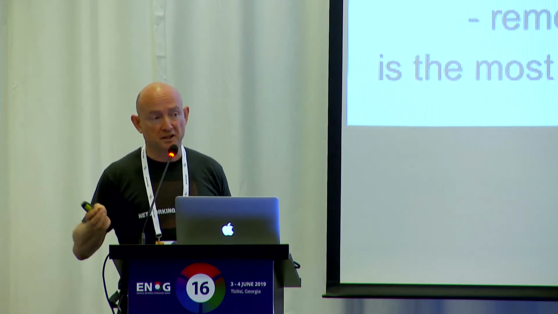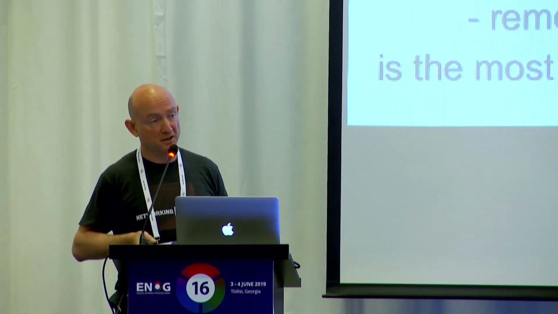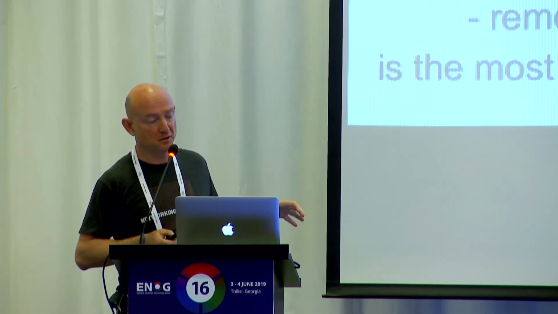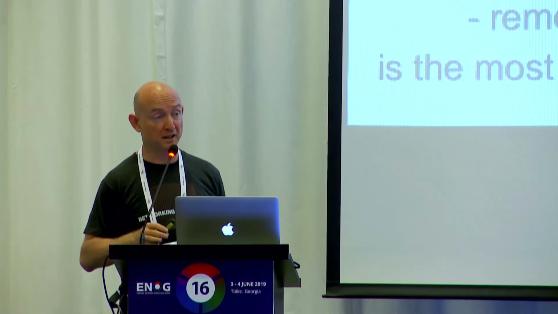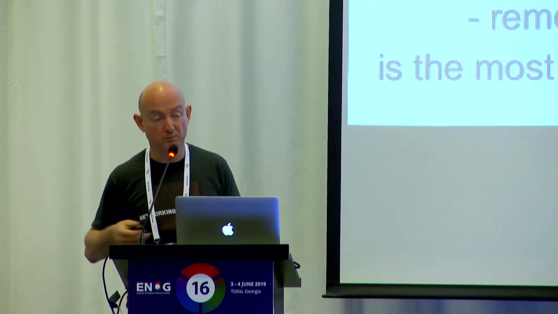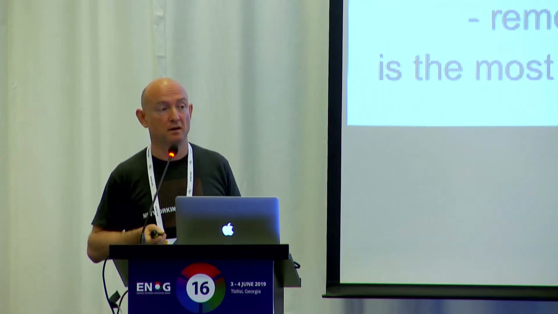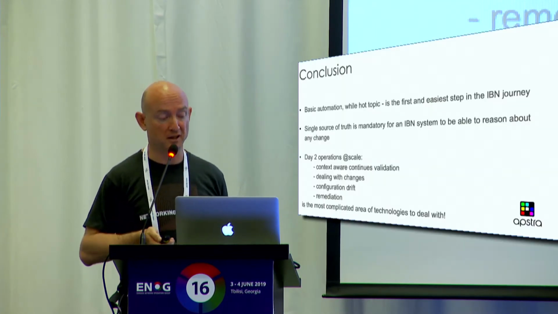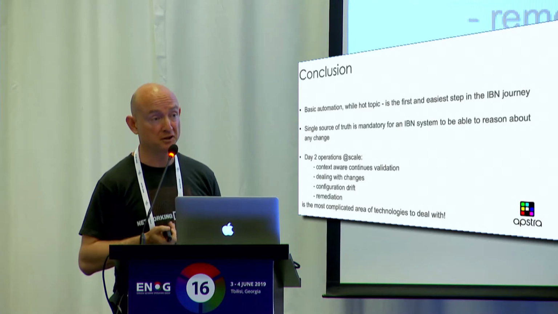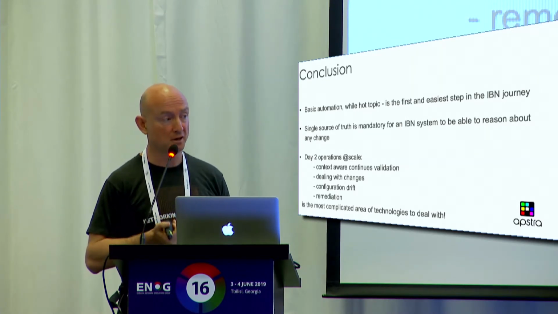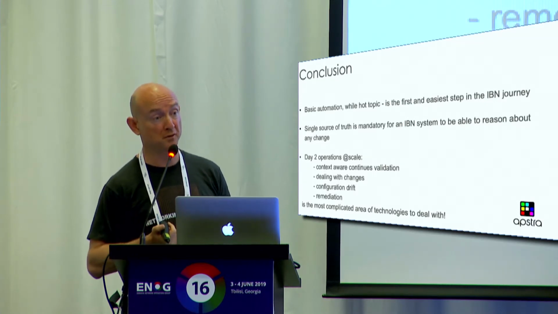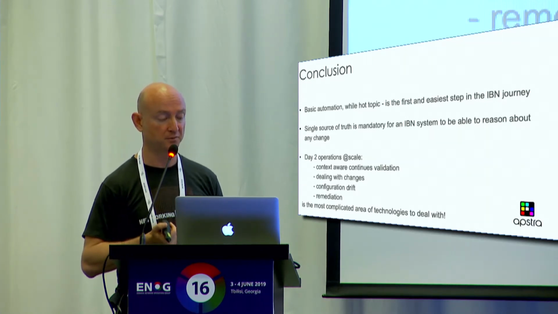So I think we could consider automation as pretty much done deal. Again, there's a number of tools you could use today that would go and configure your device a particular way. What's really complex and, to my liking, most complex area in intent-based networking is really data operations. How do I manage my network? What happens when there is a change? Can I do a change on my network without affecting my application?